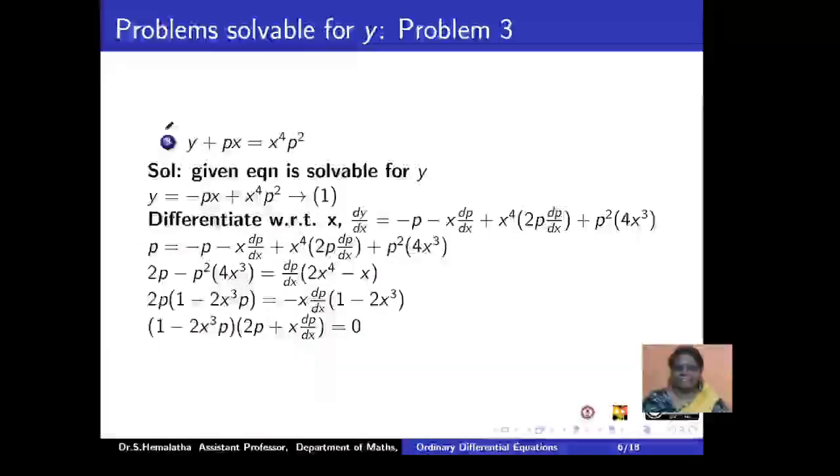Coming to the third illustration, it has some powers of x, where you have x to the power 4, y is linear, and p square seems to be a quadratic equation in p, but again finding the factors can be done, though it may not be easily integrable.